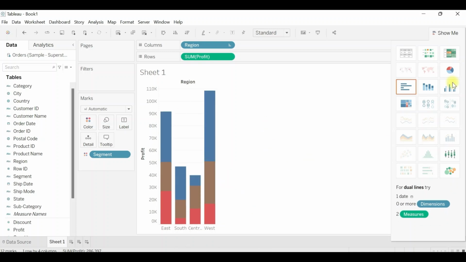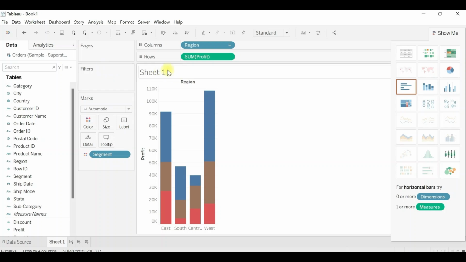So this is taken care of by the measures and dimensions we drag and drop to the columns or the rows. Now there is one row showing the profit but divided into four columns of region. So this is how you create a vertical bar chart. It's just a different way of representing it.